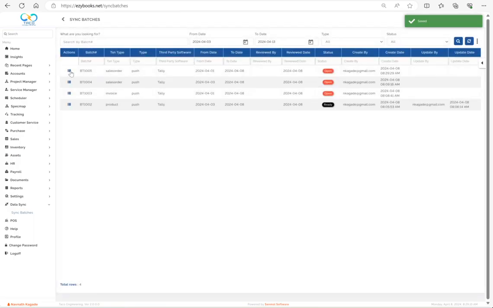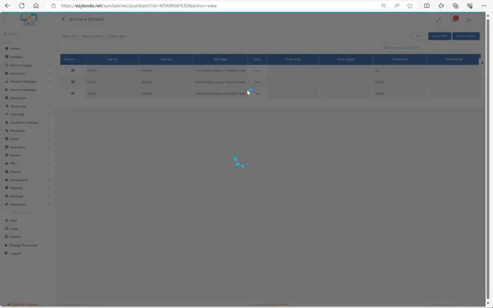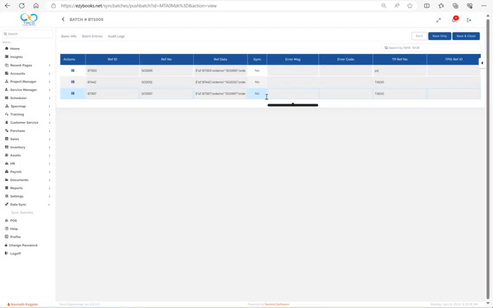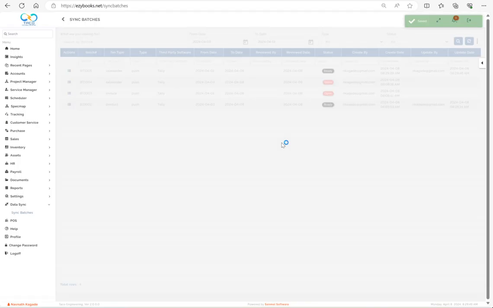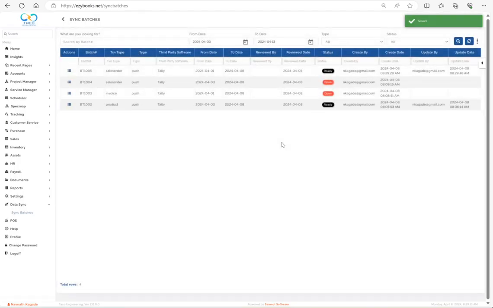The batch has been created, and it is going to show. If you want to review the batch, you have to view it and then review it. If you see the batch is good to go, you just mark that batch as ready, and then what will happen? The third-party application